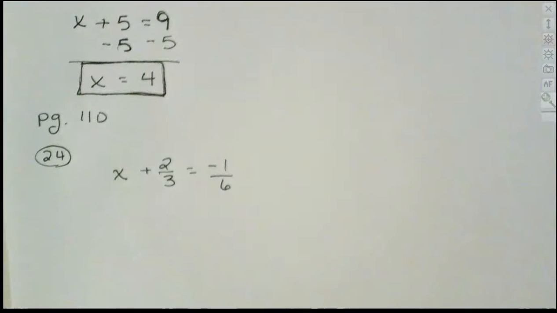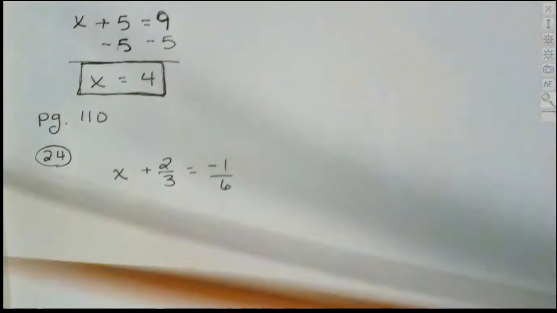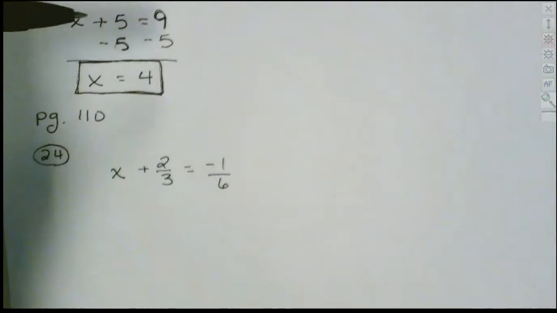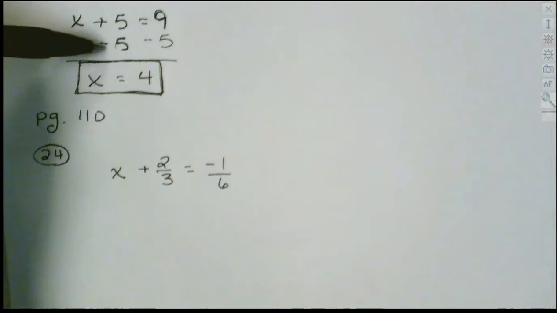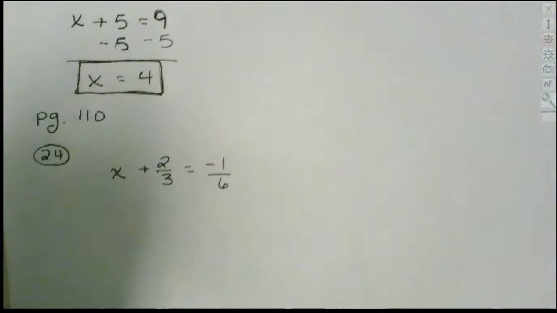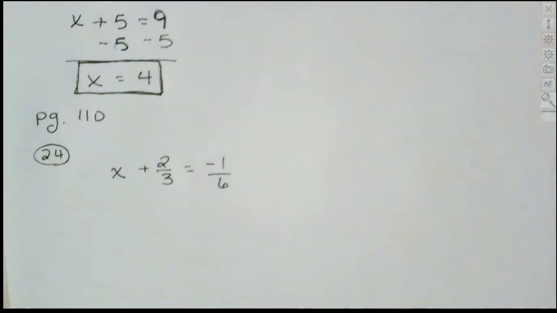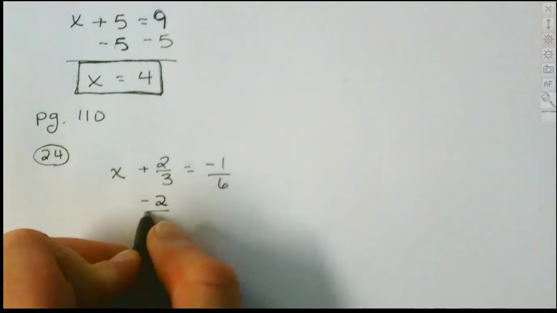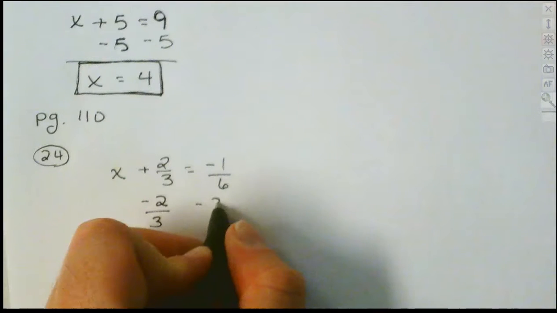This is the exact same type of problem that we just did a minute ago. On the previous one, we had whole numbers, which we generally don't have trouble with. We wanted to move that 5 over. It was a positive 5, so we used the opposite, which was a negative 5. And we just put those together. Now the same process is going to be done here. So we're going to go ahead and get rid of that 2/3. And so it's positive. So we're going to have to subtract off 2/3